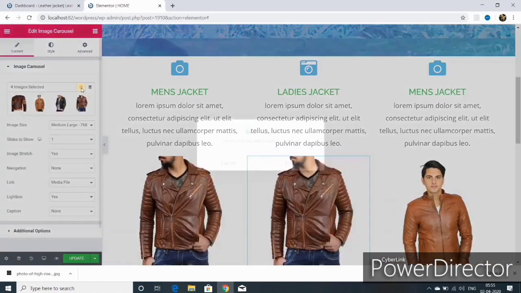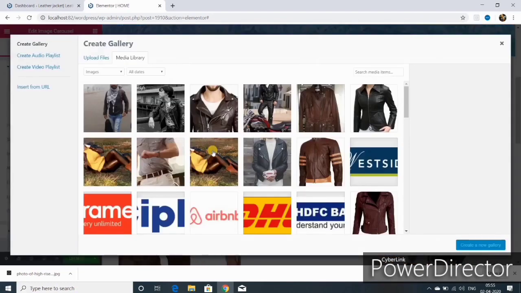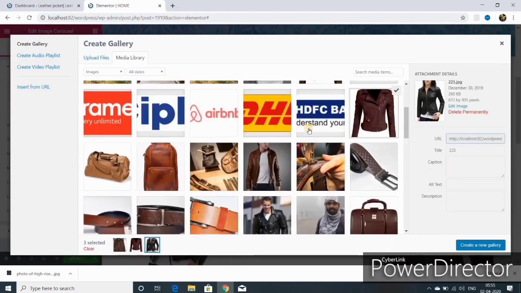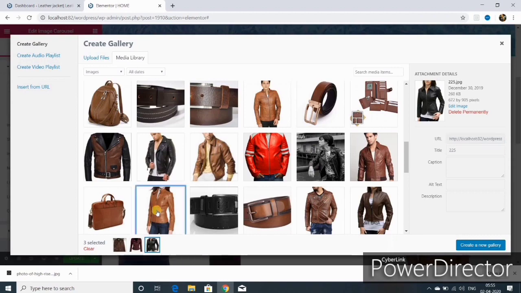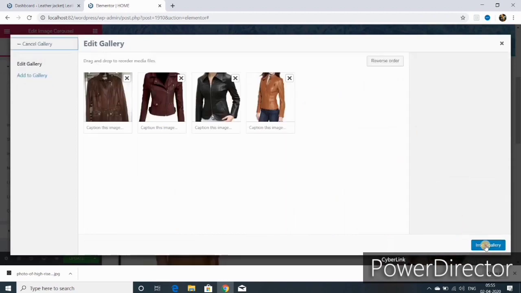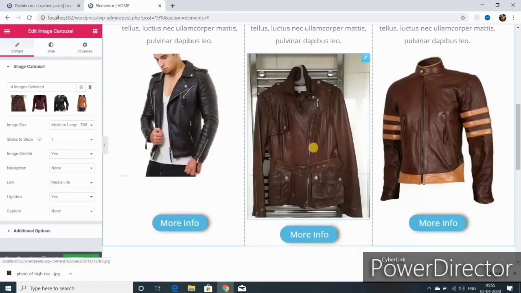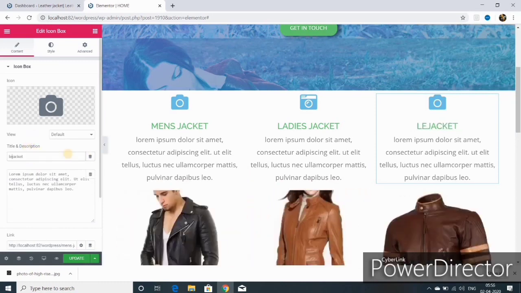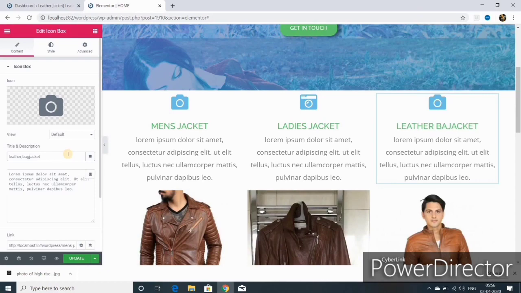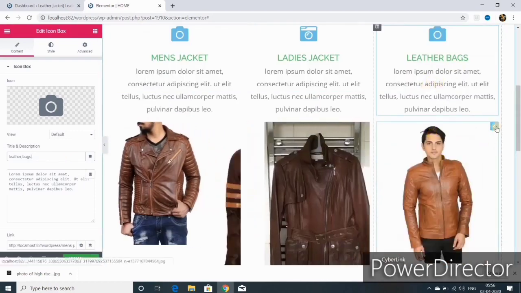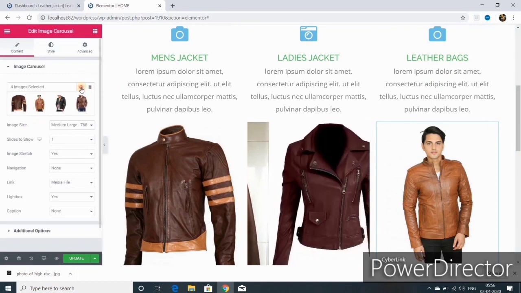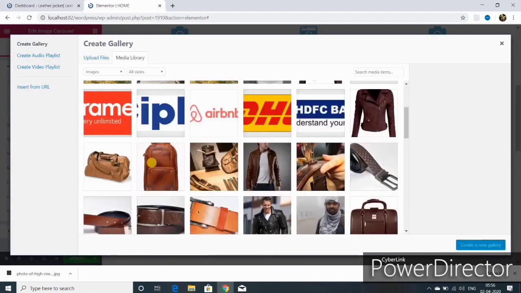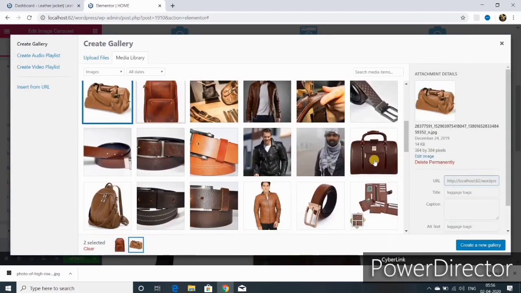I want to change the image. I can delete all these. I can click on this and I can take this picture, this picture, this picture. I can add, create new gallery, insert gallery. Okay, in the same way I can edit this also. Here I want to sell leather bag. This is the description. Now I can change the image gallery. I can delete this and can click on this. So where are the bags? I want to sell this bag, this,